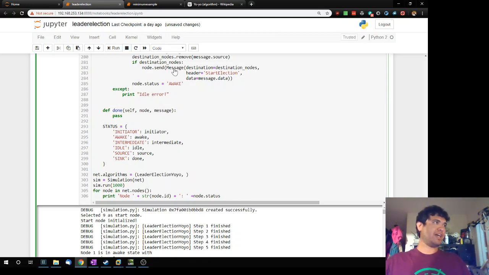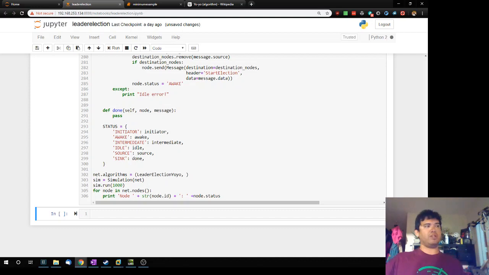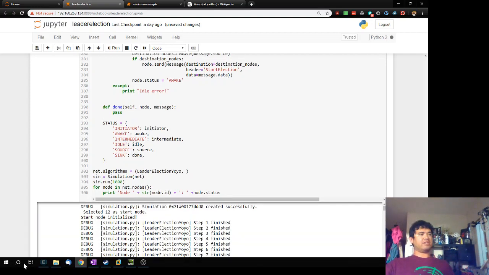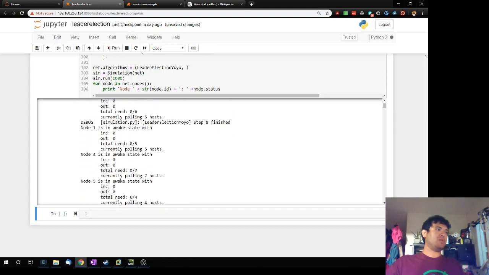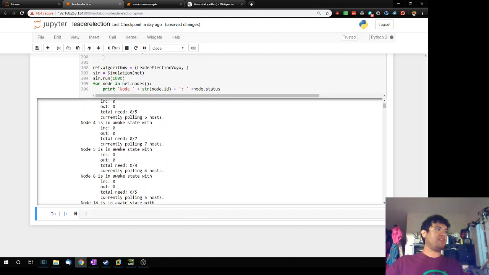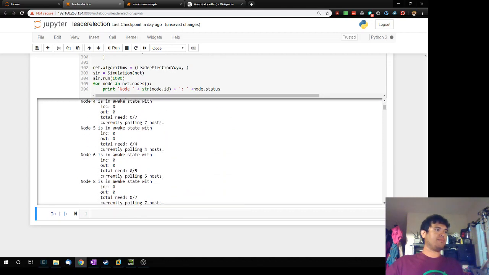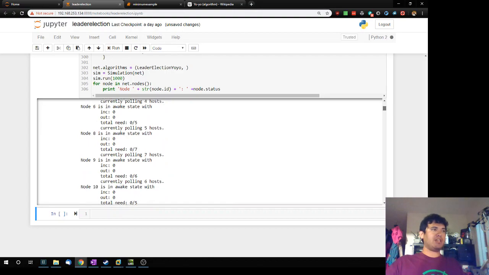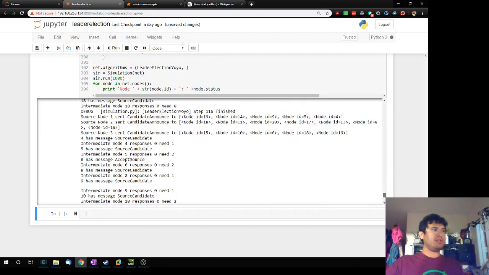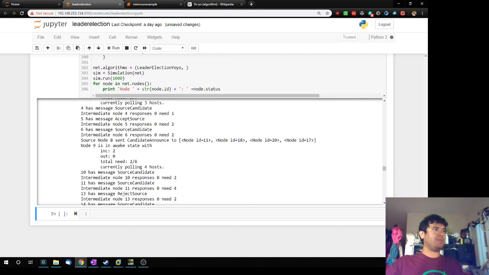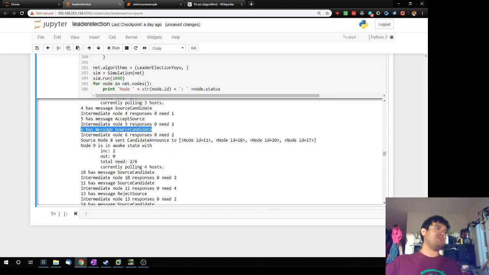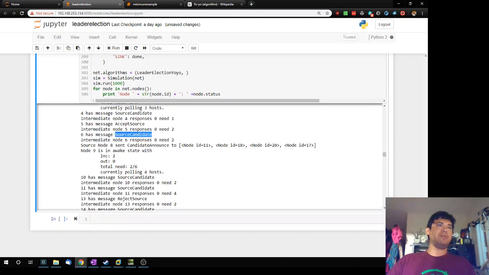So you would think that this would converge, but you can now start seeing some of my debug code in here. It helps me visualize what's going on, and I can see that a lot of these are kind of stuck. It takes a long time just to reach a point where most of the nodes have gone out of that awake state. And I'll notice that messages from the awake state, so this source candidate message is associated up here with the awake state,